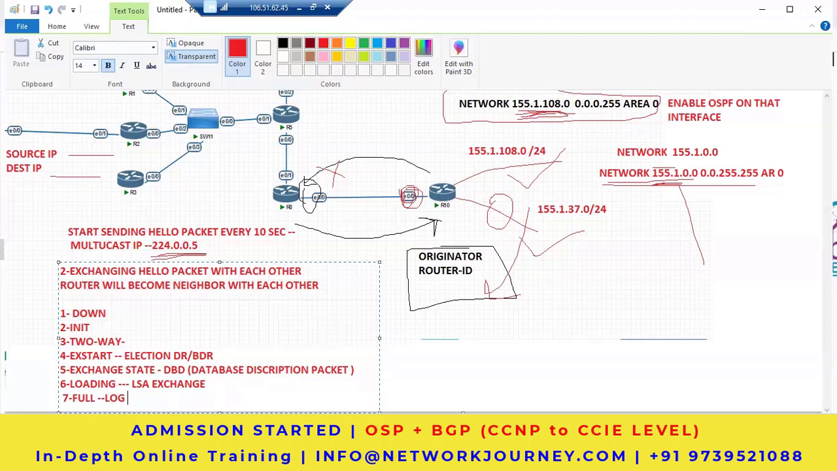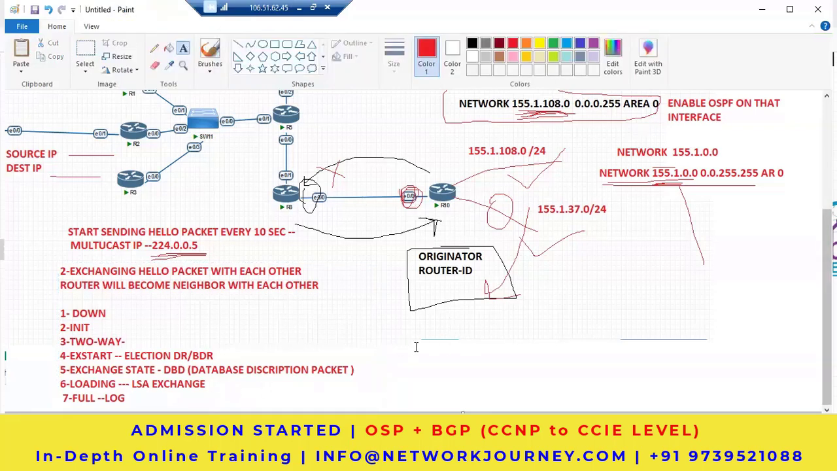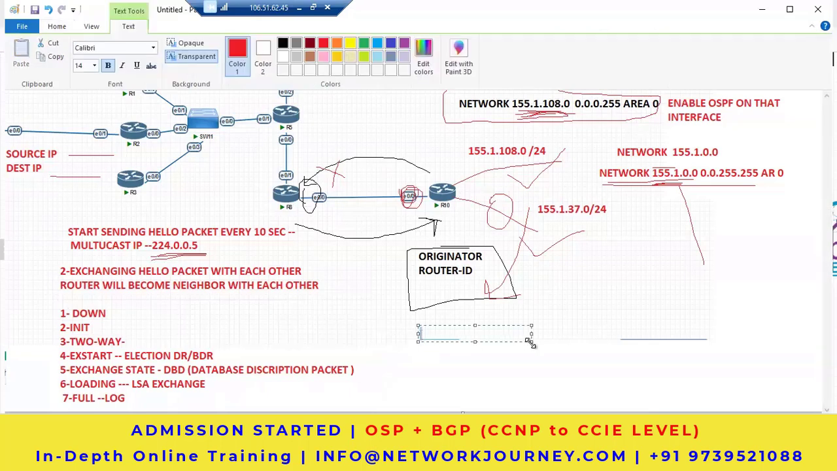Otherwise, straightforward, it will go from down to full by going through these stages: init, two-way, ExStart, exchange, loading, and full. Once loading is done, all the LSAs are exchanged. What is the router going to do? The third step: you store all the LSAs